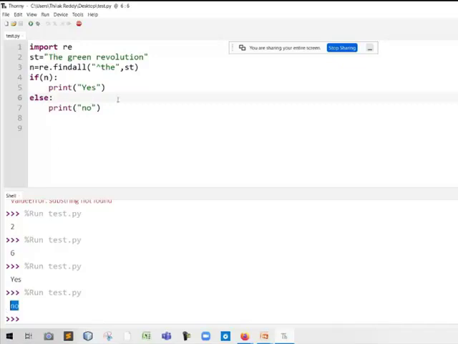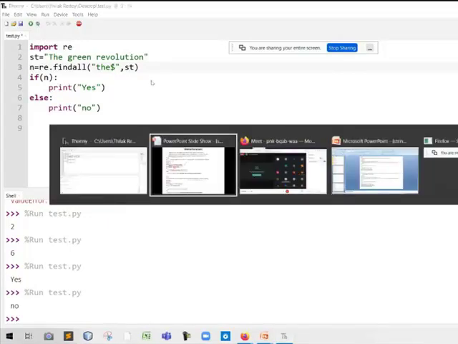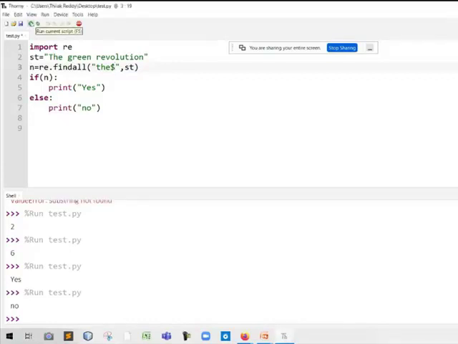In the same way, we can use dollar also. Is the dollar symbol for the beginning or the ending? Ending. So in place of this caret symbol, if I use dollar here, we can use this dollar symbol to check whether the particular string ends with "the" or not. In this example, does this string end with "the"? No. So what will be the output? No. Let me execute it. The output is no.